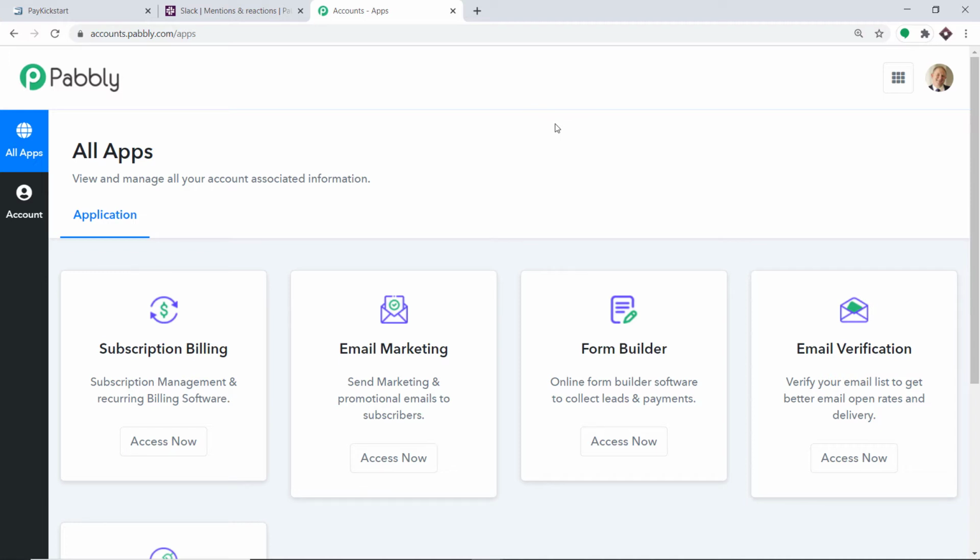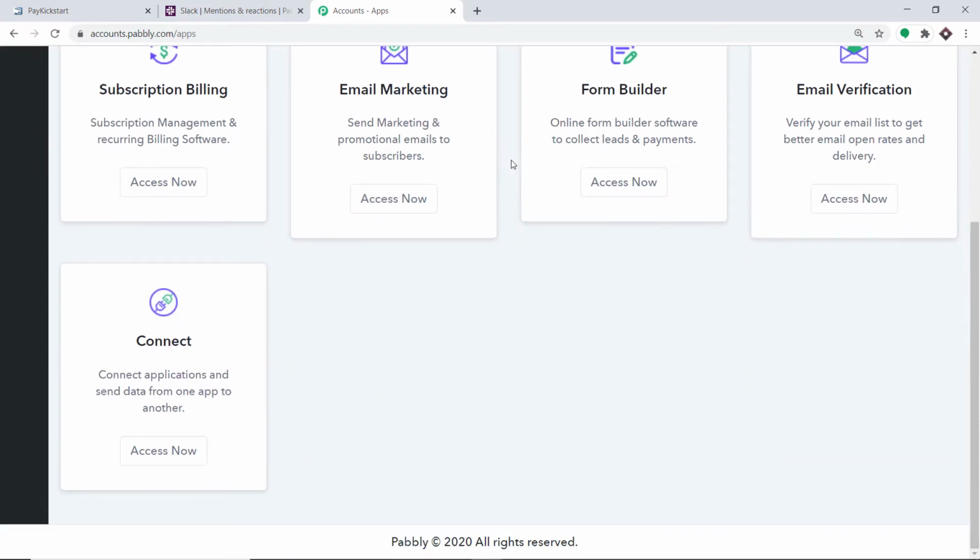You can create your own free account in just 2 minutes. Here I would like to mention one more thing, that Pabbly Connect offers a plan where this integration can be tried out absolutely free. So if you want, you can create your own account right now and set up your own automation. The link is available in the description box. Actually, I would insist that you try this automation with me. It's actually pretty fun. Okay, so scroll down and at the bottom you will find connect. Here click on access now.